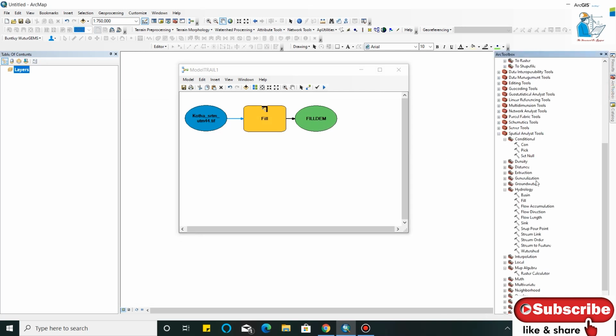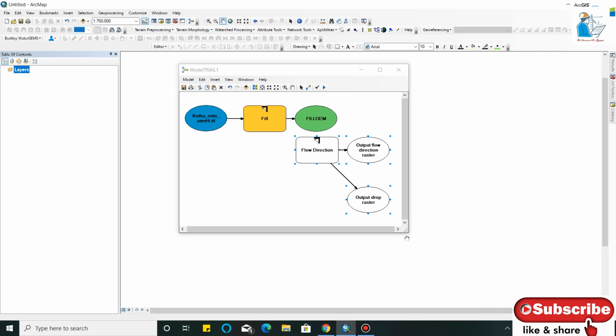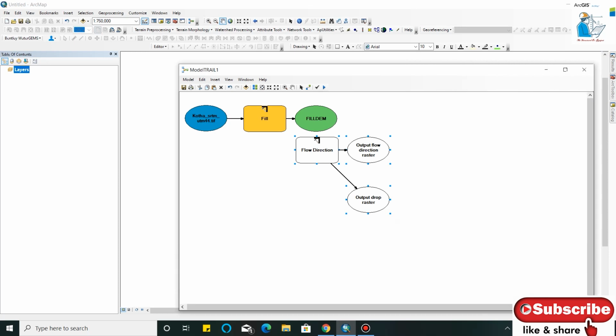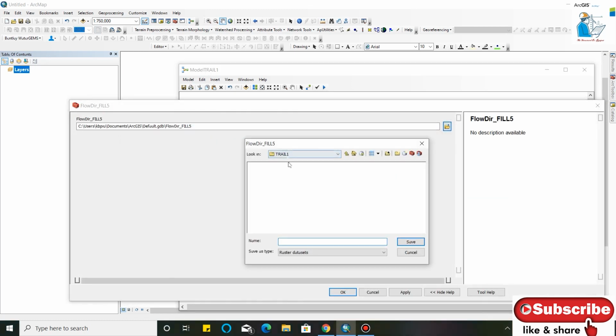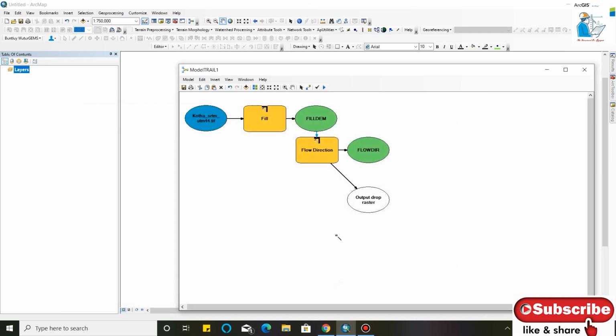Now after the fill, we will create the flow direction. This is my flow direction. I will connect fill DEM to flow direction as the input surface raster, and I will save the output as flow dir and click OK.